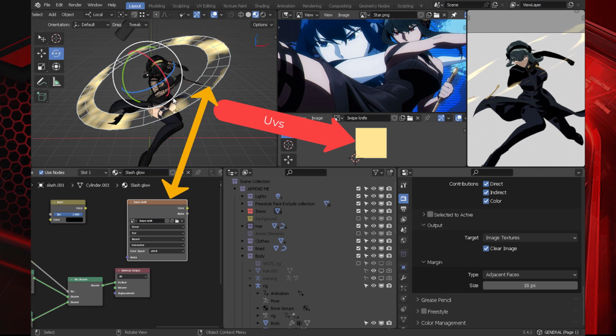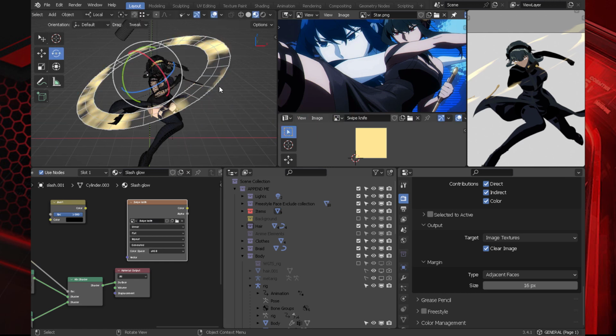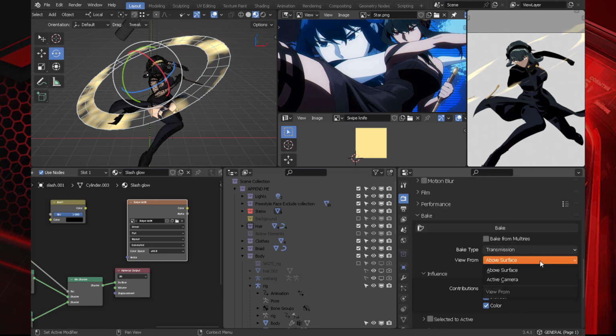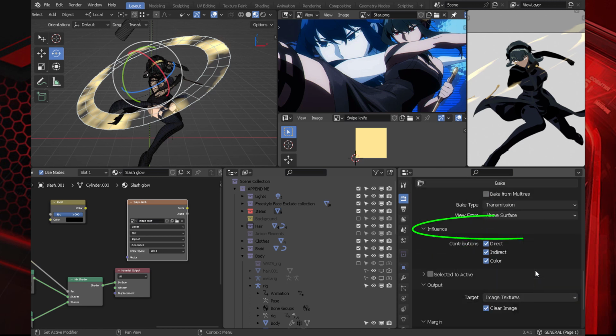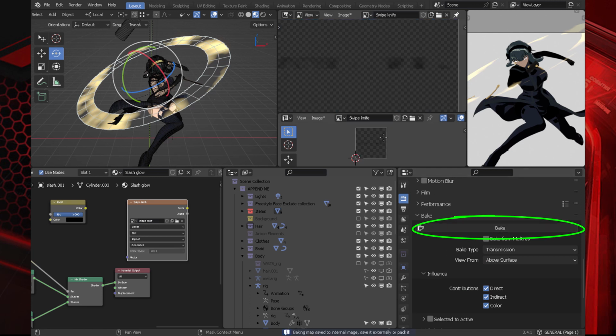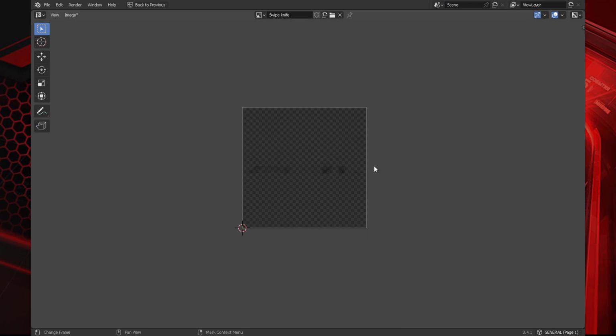So make sure that you have the object in the viewport, and make sure you have the material selected on the shader tree. Once you have those two things specifically selected, then you can come here into the render parameters and click on bake, this big button that you have right here. So make sure that you're on transmission. It's great. Click on bake, and yes, your object and your shader, in this case the image shader, needs to